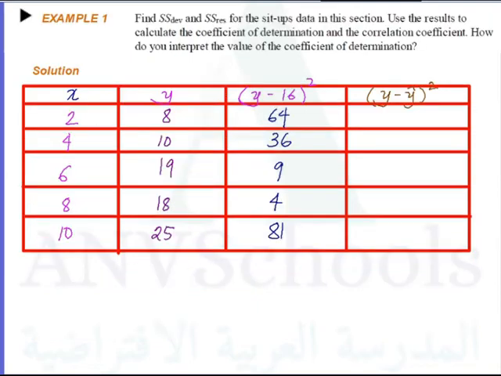So putting these values here for y minus y hat square, we have 0.16, 0.16, then we have 3.24, then we have 9.00, then we have 4.84, and then we have